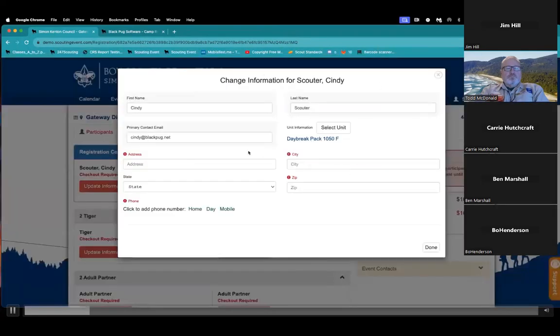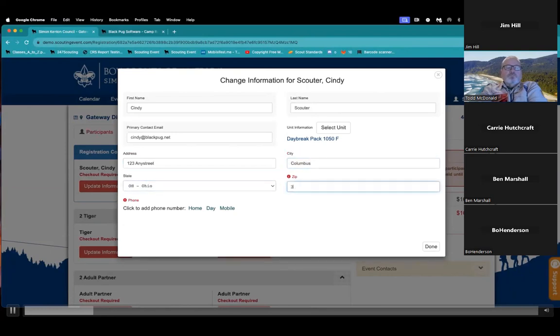Okay. So it's also requiring that I enter my address and phone number. It's red and it's got this little exclamation point just to indicate that it's required. So I'm going to say, and then I'm going to add a phone number. In this case, this field is required.